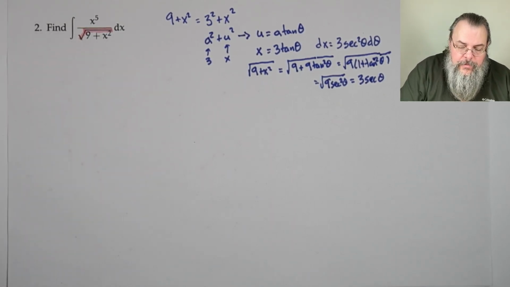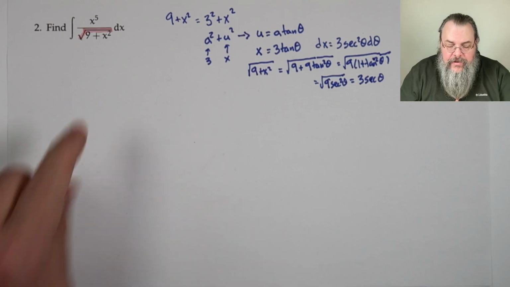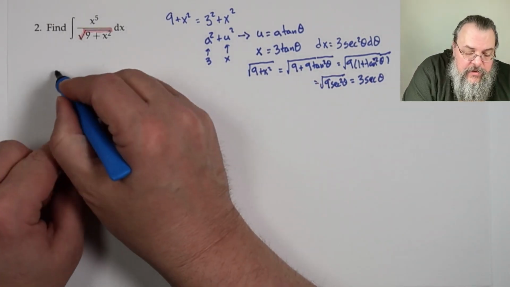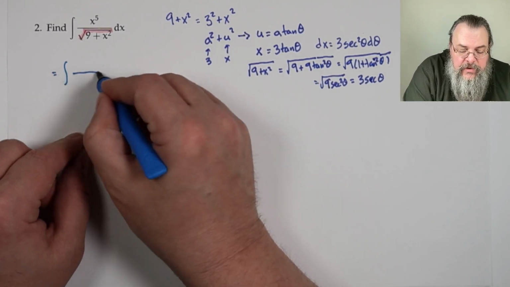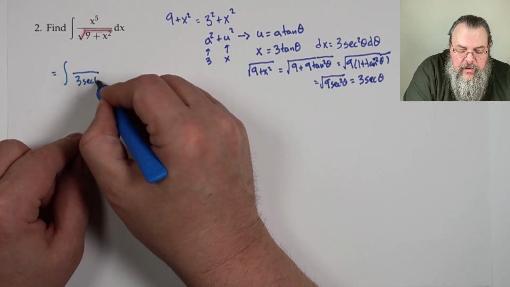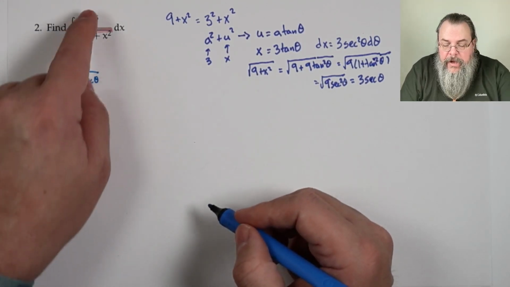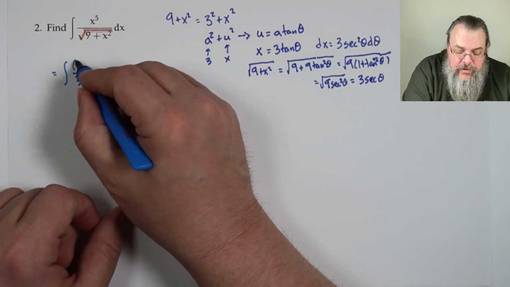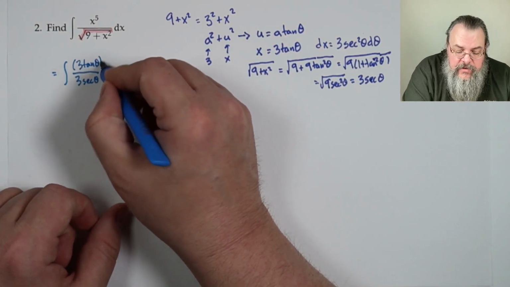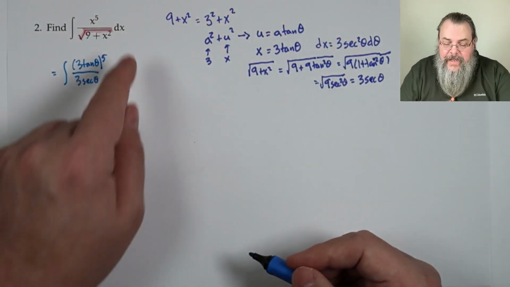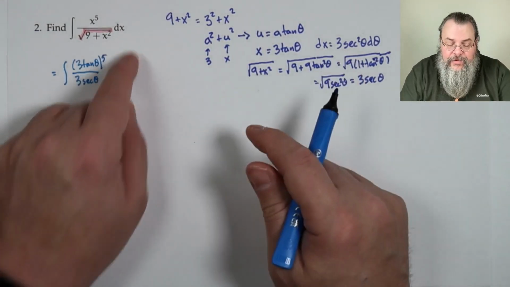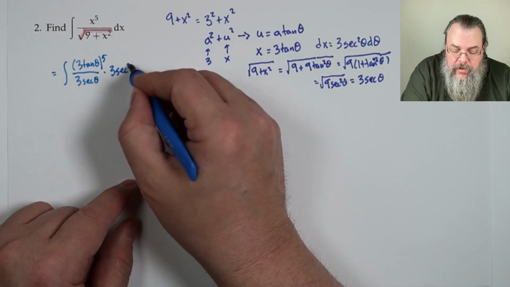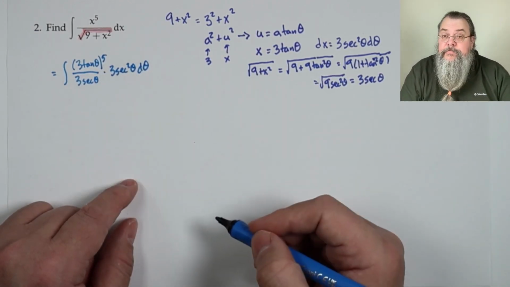Okay, so we have to update everything. The square root of 9 plus x squared becomes 3 secant theta. So downstairs we have the integral with 3 secant theta. For x to the power 5, x is 3 tangent theta, so that's 3 tangent theta to the power 5. And now dx is 3 secant squared theta d theta. Well,